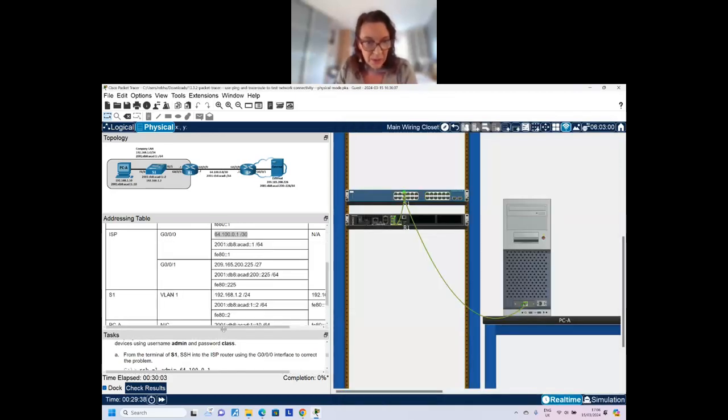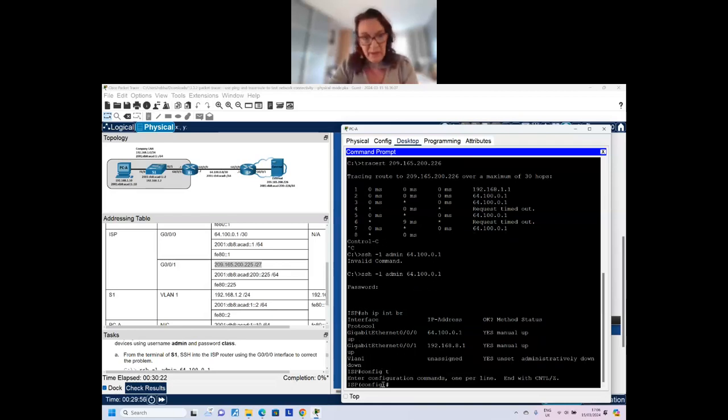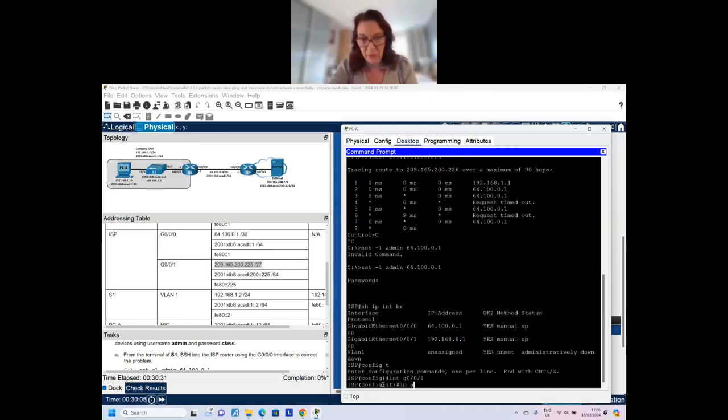So let's have a quick look at what it should have been. I suspect that IP address has been misconfigured, which indeed it has. So what we're going to do is fix it. If we go to config, don't worry, you don't need to know how to do this part as of yet, but I can show you how you do it anyway. So I'm going to go onto the interface. I'll be very lazy because I think they have actually given me a copy of the addresses somewhere, but I'm here now. And that link there should be